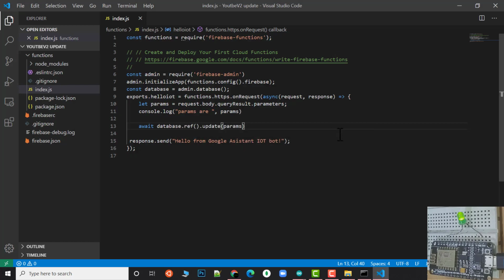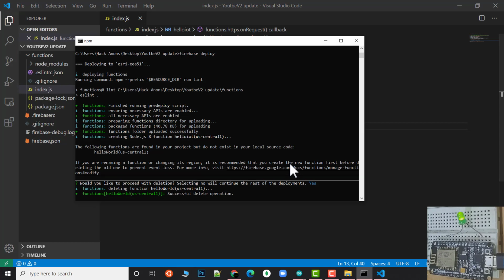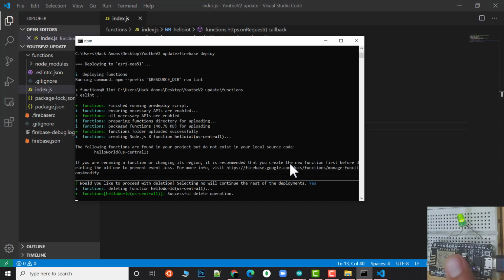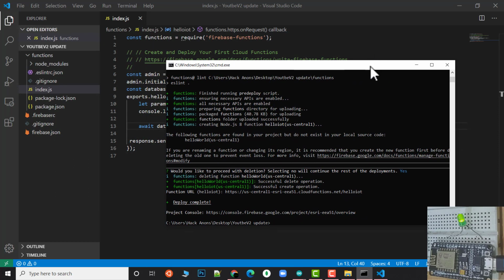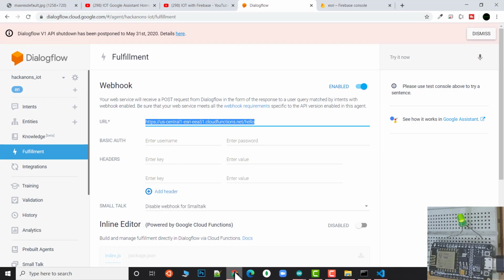Let me tell you a use case while this deployment is going on. Let's suppose in place of this LED there is a switch. What you want is, if the value of that switch turns off, then you should get a notification. And if there is a temperature sensor, currently it's summertime in India, so if its value goes above 40 degrees Celsius, then you should get a notification. You can easily configure that in these functions. They are really important, and one of the best things in the Spark plan of Firebase is you get everything for free. If you want to know how those things can be done, you can let me know.